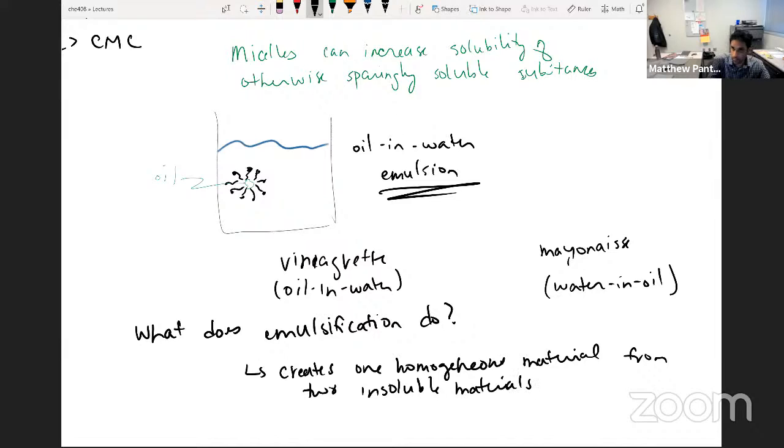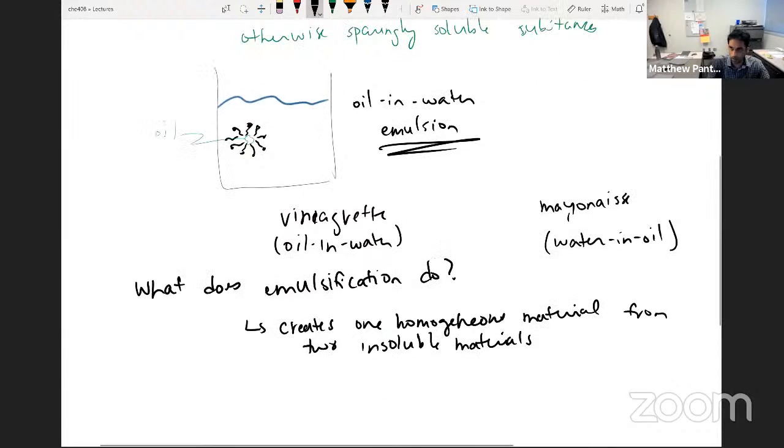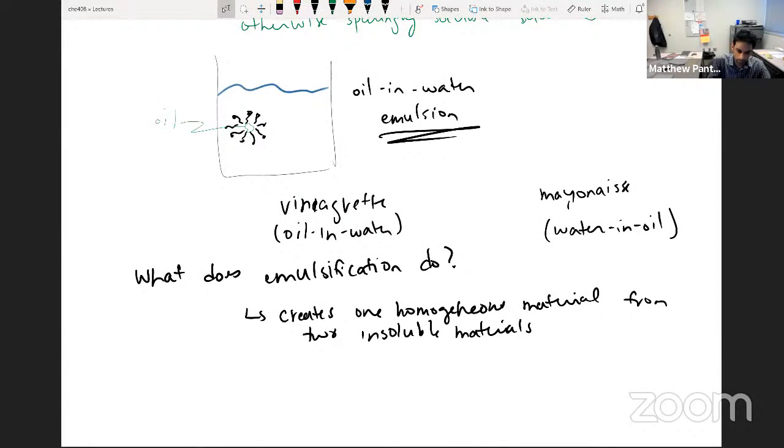And in many cases, they can be quite stable. For example, mayonnaise is a material that's incredibly shelf stable. It doesn't separate under normal conditions, and you can keep it in a jar for years, and nothing will happen to it. You will not see it separate because of how stable it is. It doesn't always have to be that stable, but in some cases it can be. Other things that you'll notice are the optical properties,